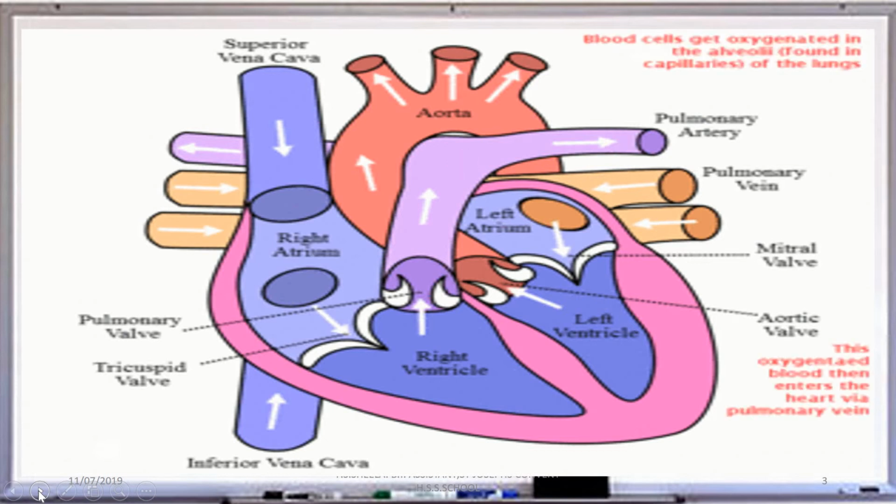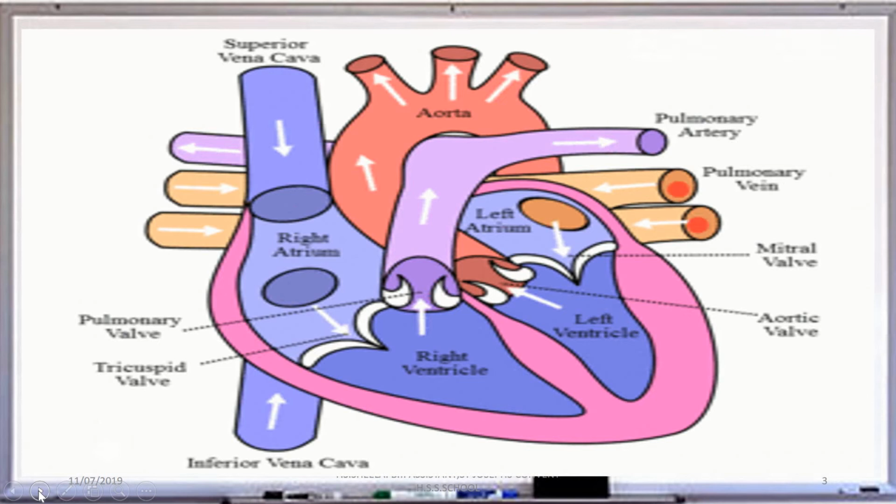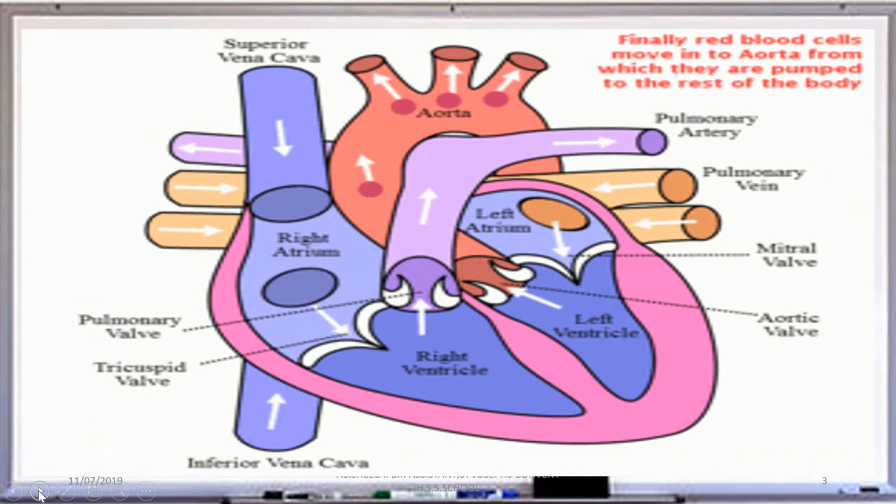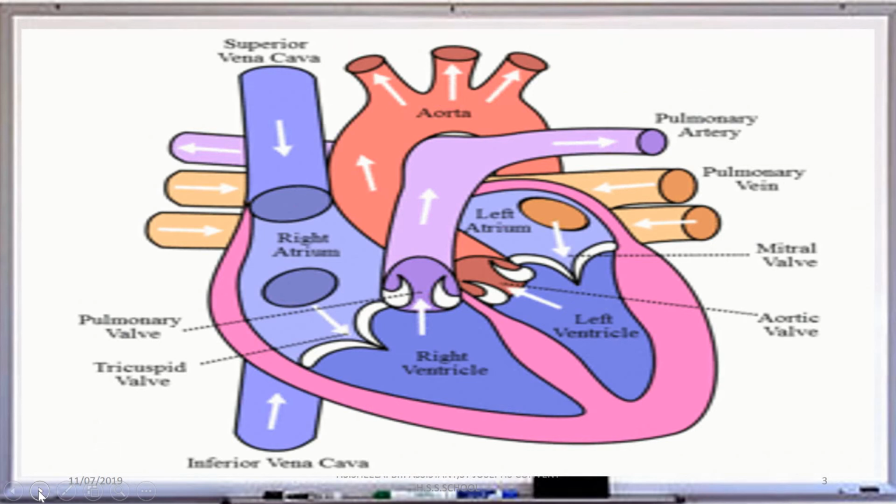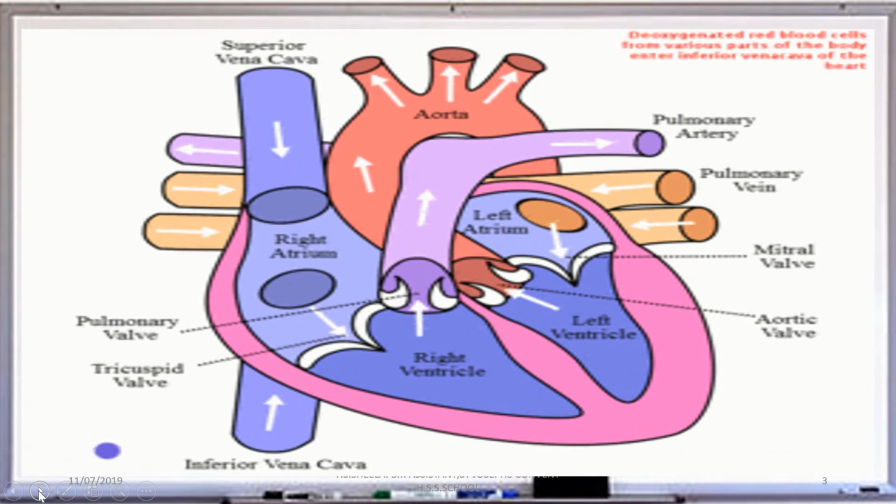And coming to arteries, the aorta is the biggest artery, which carries oxygenated blood, and the pulmonary trunk bifurcates into 2 and carries deoxygenated blood. And about the veins, the inferior vena cava and superior vena cava, the biggest veins, carry the deoxygenated blood. And the pulmonary vein carries oxygenated blood. So we are very clear. Now, arteries carry oxygenated blood, veins carry deoxygenated blood, and the pulmonary arteries and pulmonary veins are the exception to the other arteries and veins. Is it clear?